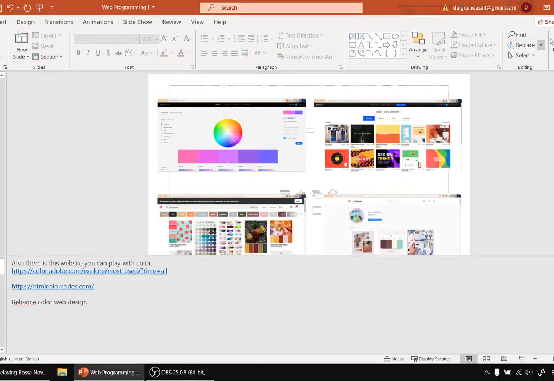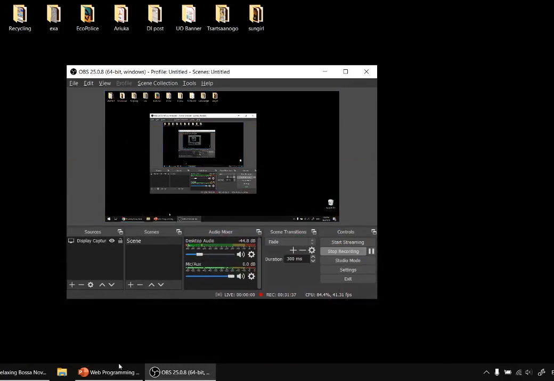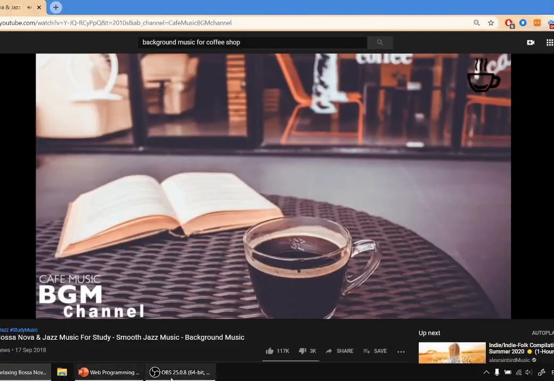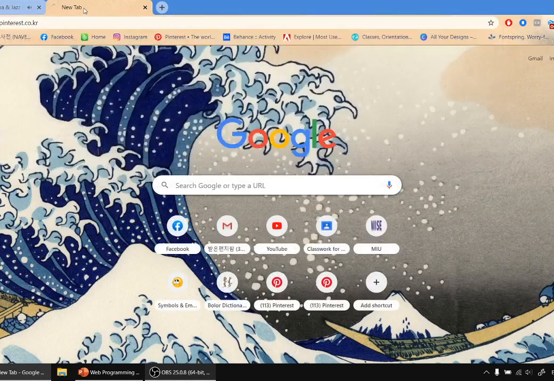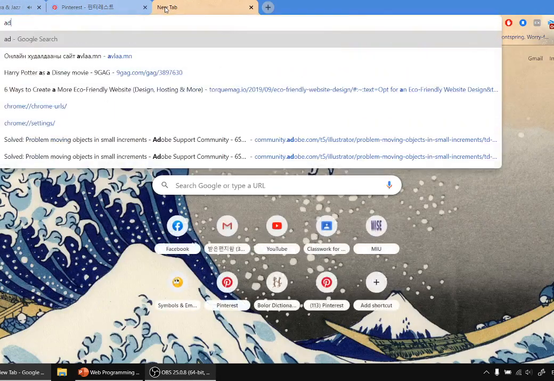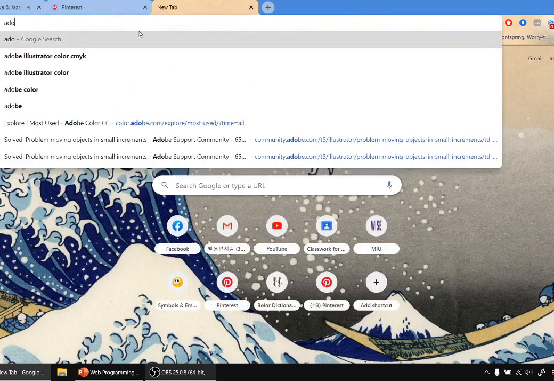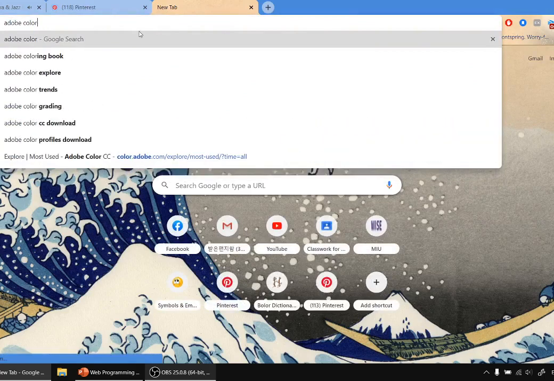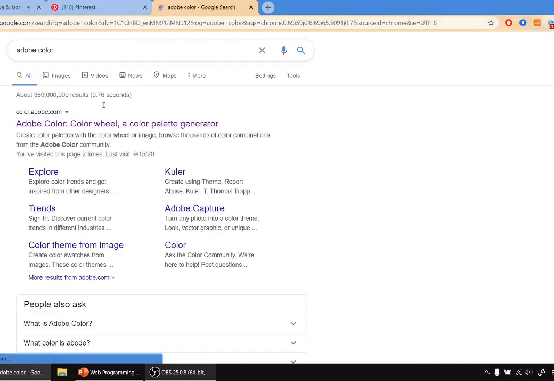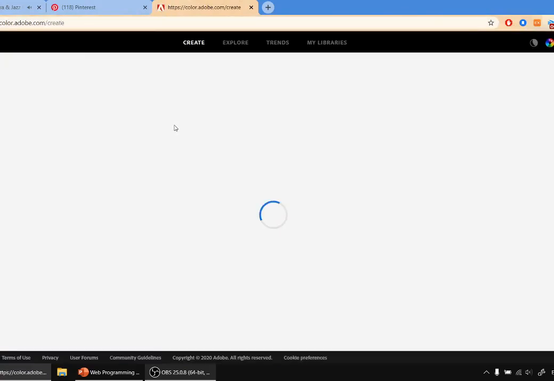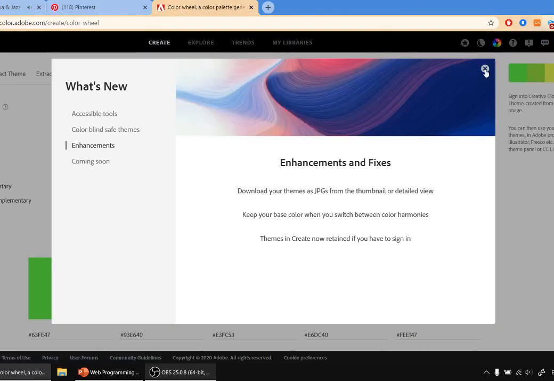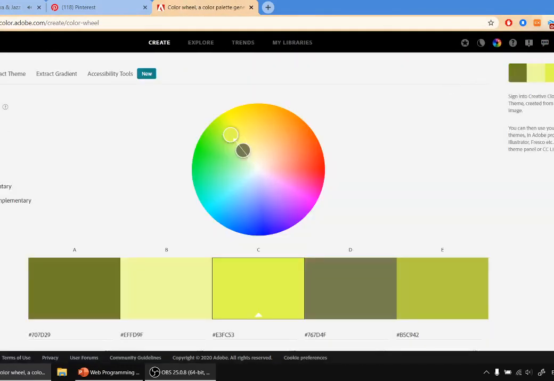Okay. Now, what I was going to show was Pinterest, Adobe Color. Okay, Adobe color wheel. You get to explore and you can create your own color palettes, like those analogous, monochromatic, triad, complementary. We've just covered these. Also,